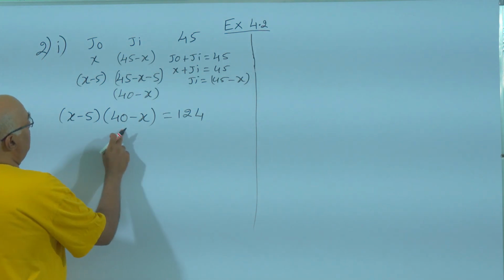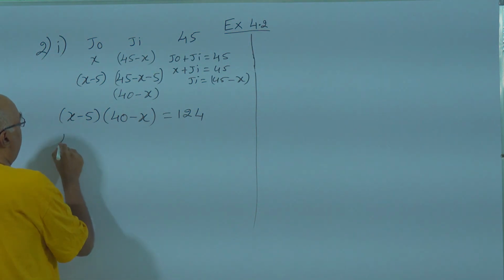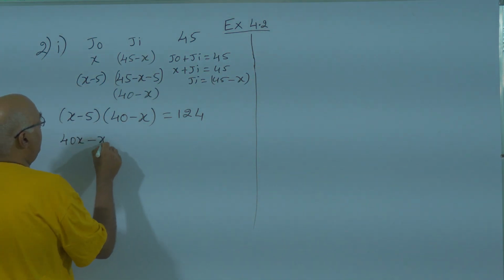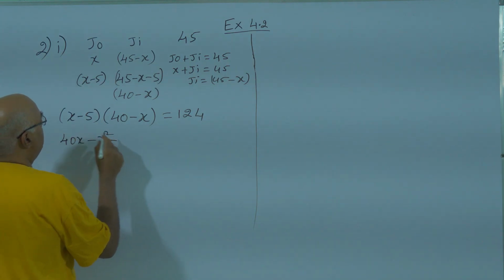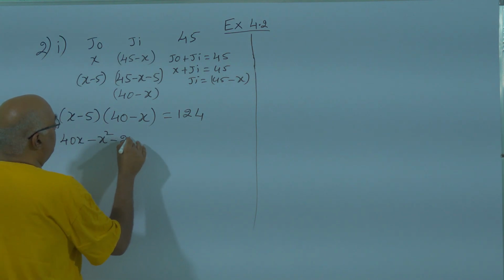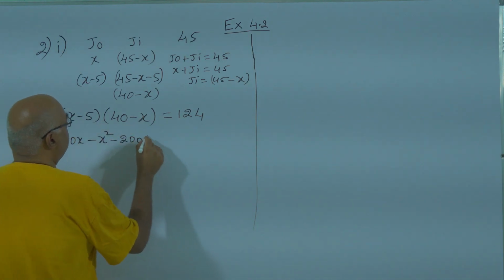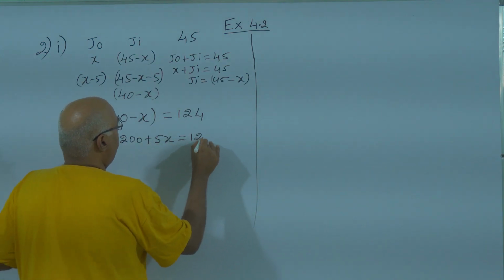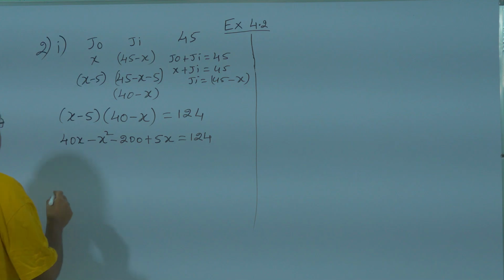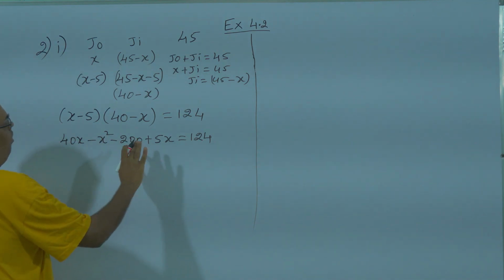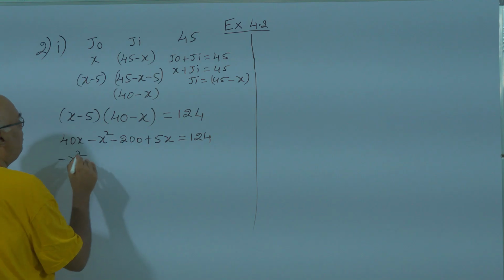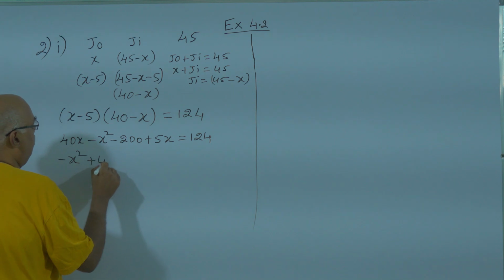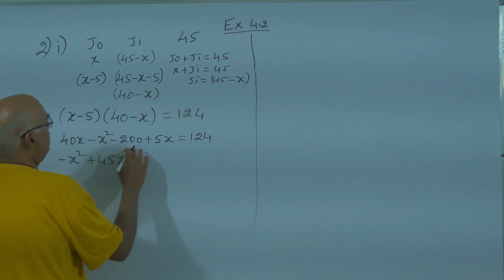So I will open the brackets and multiply. X into 40 is nothing but 40x. Plus into minus is minus. X into x is x square. Minus into plus is minus. 5 into 40 is nothing but 200. Minus into minus is plus. 5 into x is 5x, is equal to 124. So if you solve this, I will write this in an order. So minus x square, plus 5x plus 40x, that is 45x, minus 200